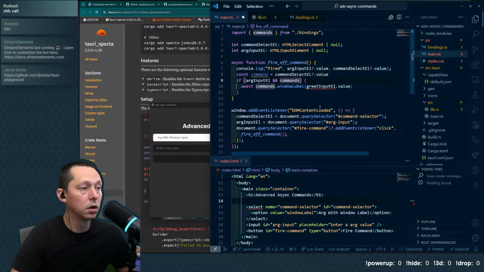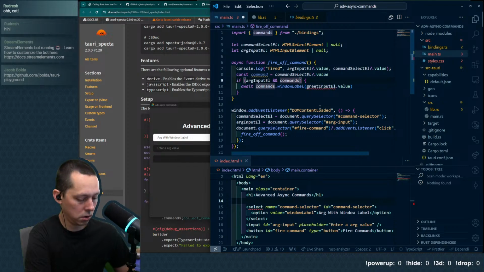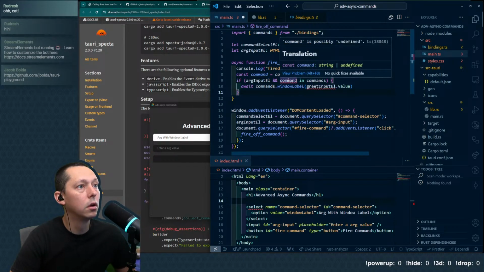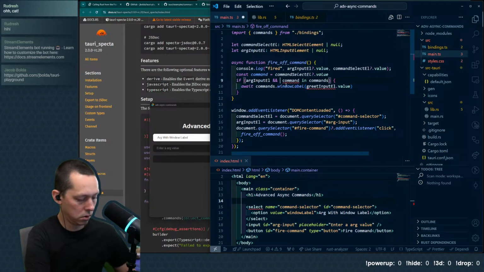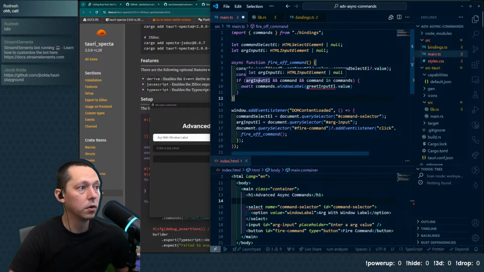So then we can say if command in commands, and let's check undefined first. Okay, so if we have an input here, we have a command, and that command is in the list of commands, then do the command.